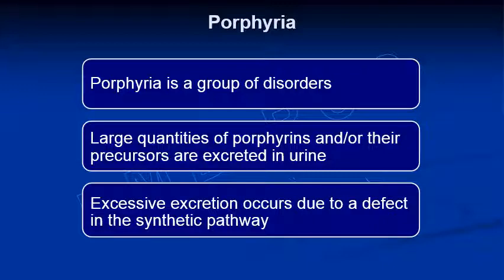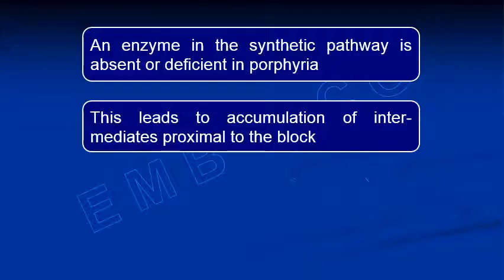So mainly they will have a defect in the synthetic pathway, and because of that there will be an excess amount of porphyrin found in the urine. So mostly it happens because of a defective enzyme. Okay, in the synthetic pathway, if we have a defective enzyme or absence of the enzyme, this can lead to porphyria. As a result of lack of enzyme or defect of enzyme, there will be intermediates formed in the synthetic